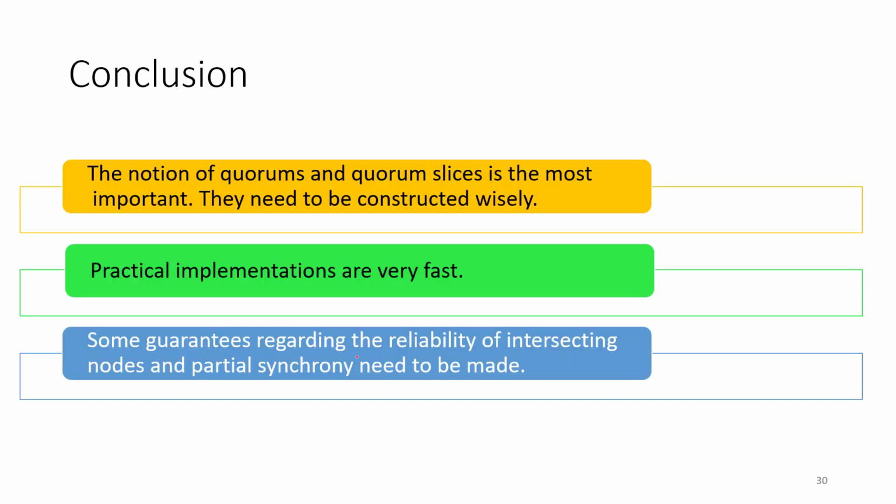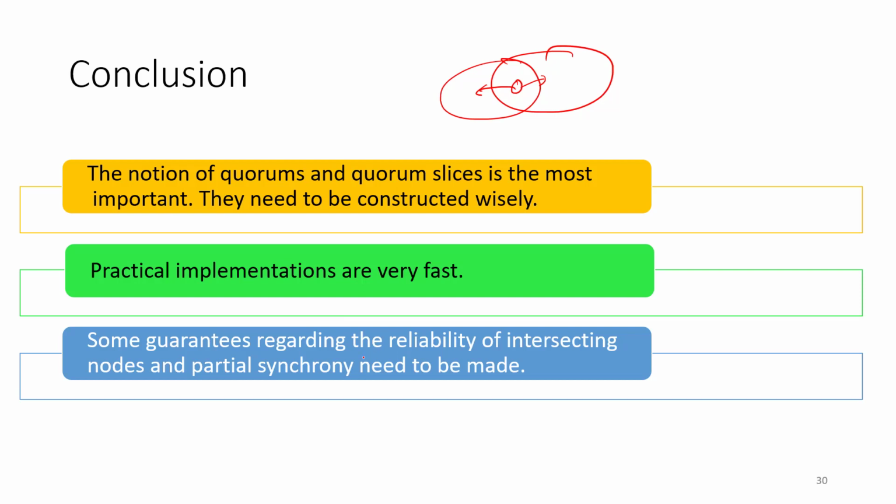So what is the conclusion? Well, the conclusion is that we were able to give a very different algorithm. But again, the algorithm is based on quorums and quorum slices, where of course in the intersection you need a correct node which is not going to lie. As long as this can be ensured, our protocol is much faster because all the nodes don't have to participate. Only a limited number of nodes need to participate until one quorum decides, until at least one intact set decides, and then we are done.